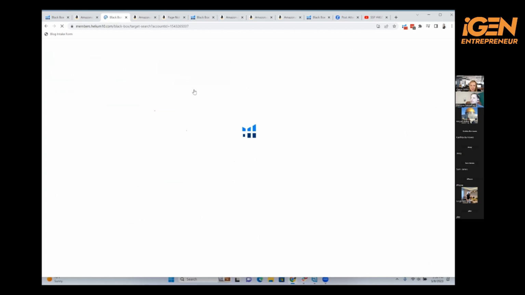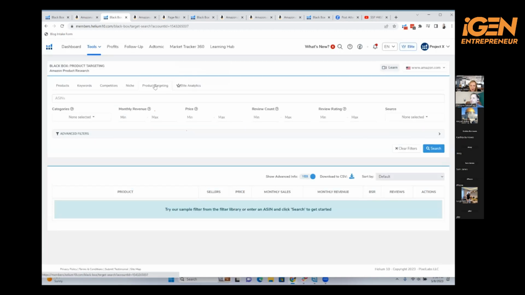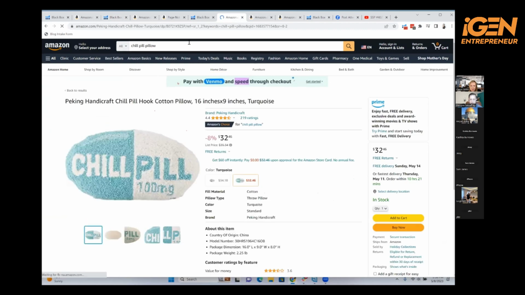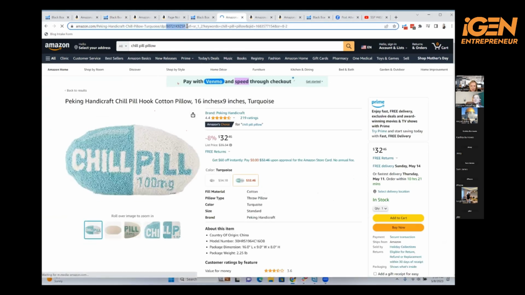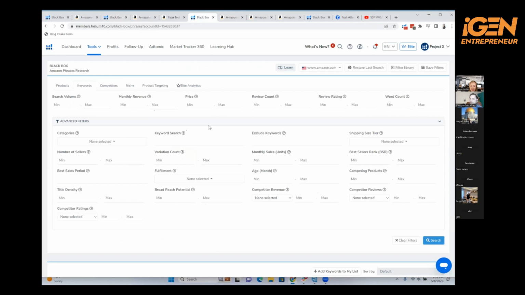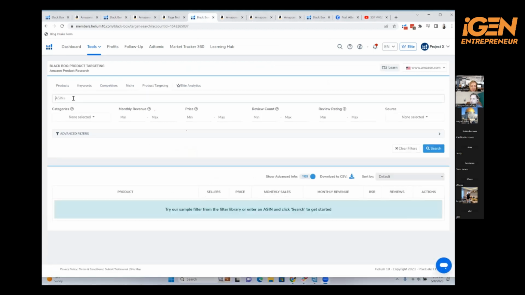There is one other thing I don't think I talked about, which is a good one. Let me just show you this one. It's the product targeting tab. Say you wanted to do a bundle, or just see things that are selling alongside a product, like this chill pill. Maybe we can see if there's anything. It doesn't always work, but let's see if this one will. I'm going to copy the ASIN of the product, and then you can put it into the product targeting tab,